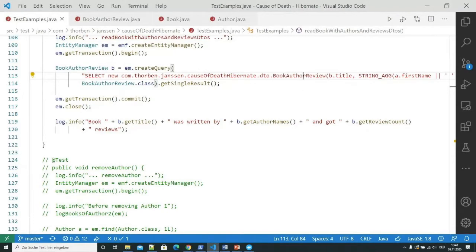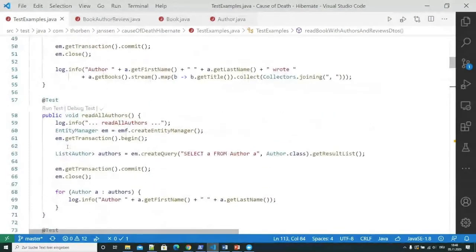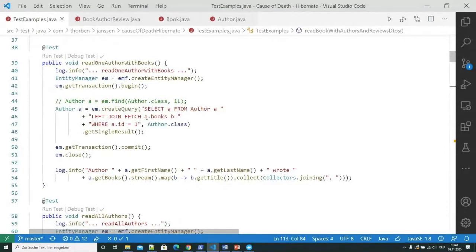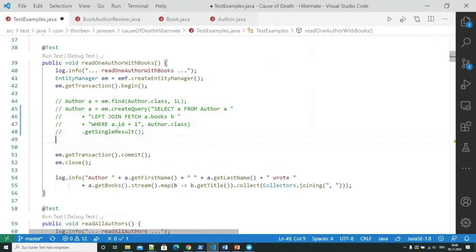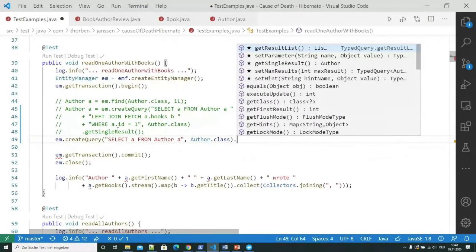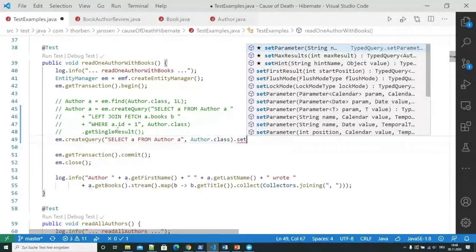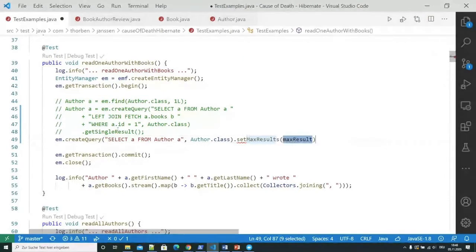Well, what you can do is you can do a query, select a from Author a, with the author class, and then you can set max results. That is the number of records that will be returned from the query.